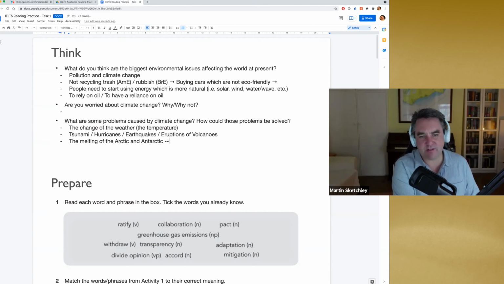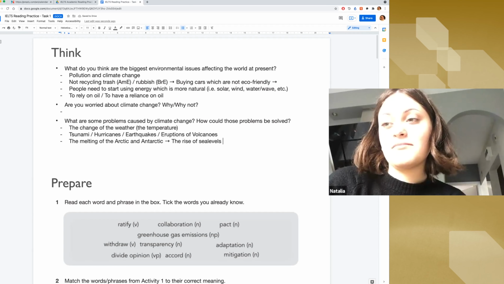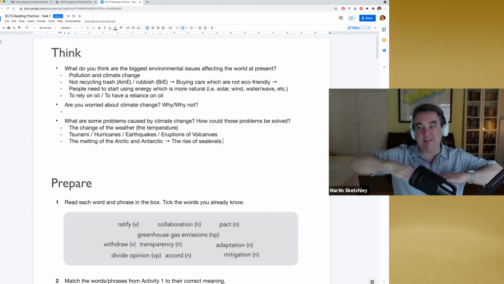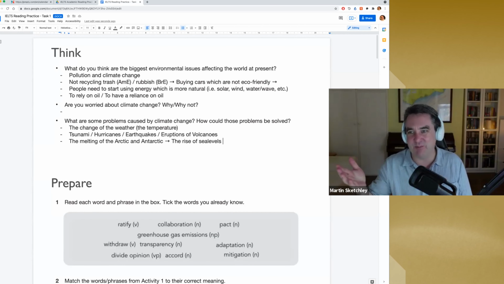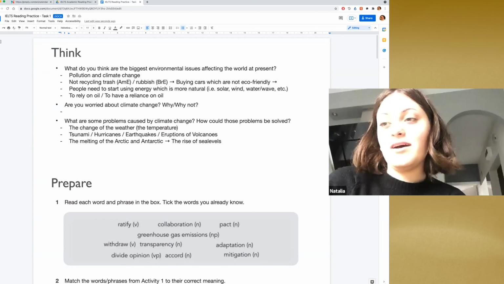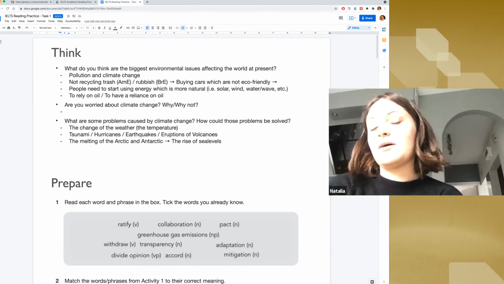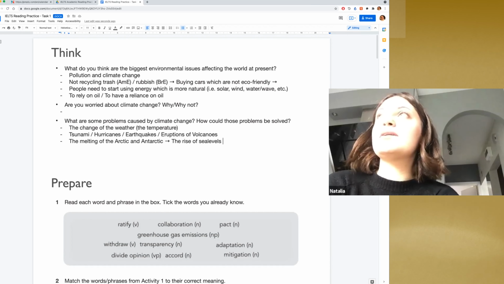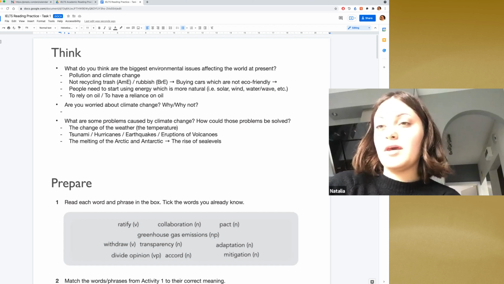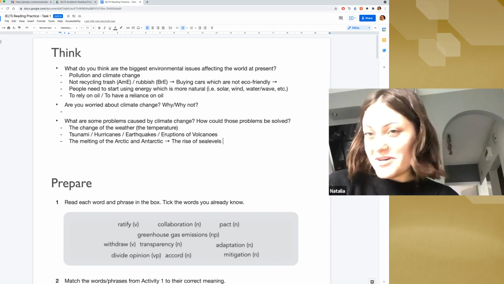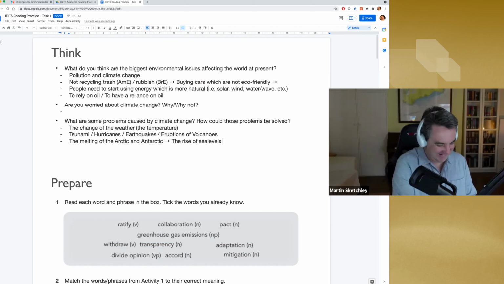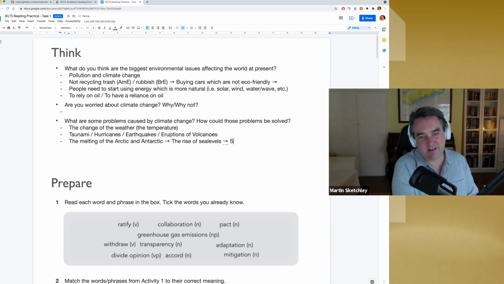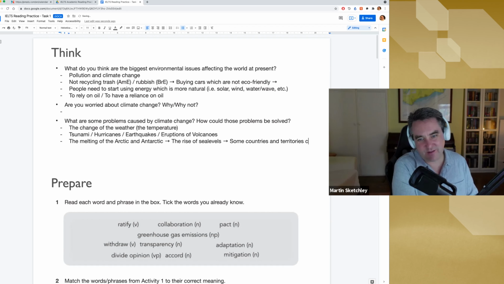And this causes the rise of sea levels. So the rise of sea levels, and so it becomes water, and the sea gets higher, and what could happen there? The parts of some countries, some territories could be under the water. Under the water. So some countries and territories could